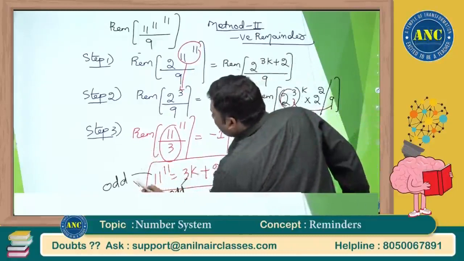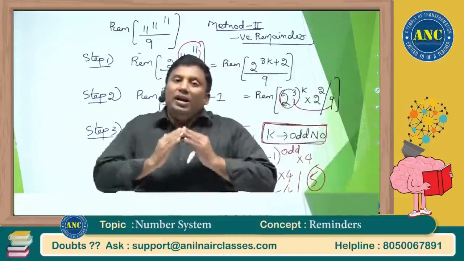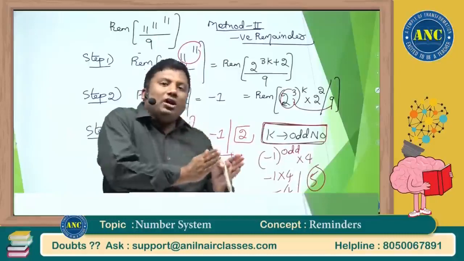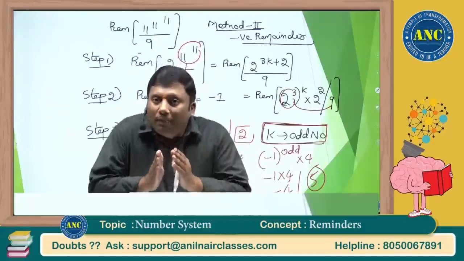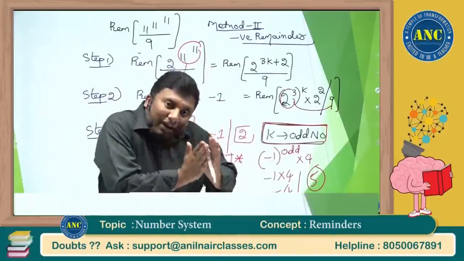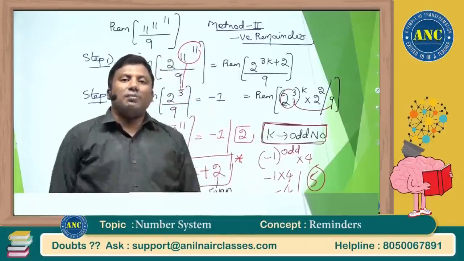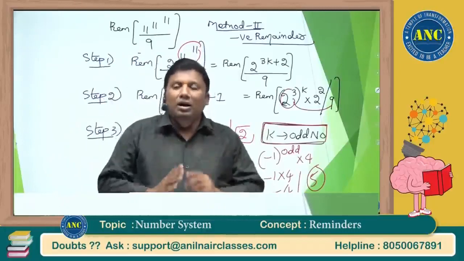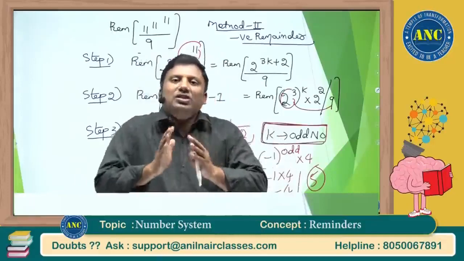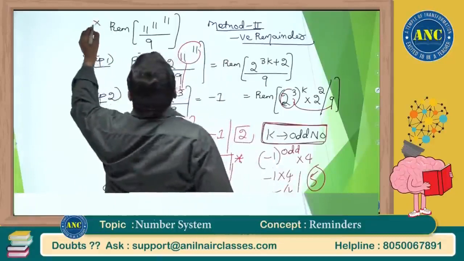This step is extra. To avoid these steps, because 1 power any natural number is 1. Suppose if you take minus 1 power odd number, it is minus 1. Minus 1 power even number is plus 1. For minus 1, there are two answers. If the power is an odd number, I will get minus 1. If the power is an even number, I will get plus 1. So to avoid two different values, I will always take 1 power any natural number, it is 1.